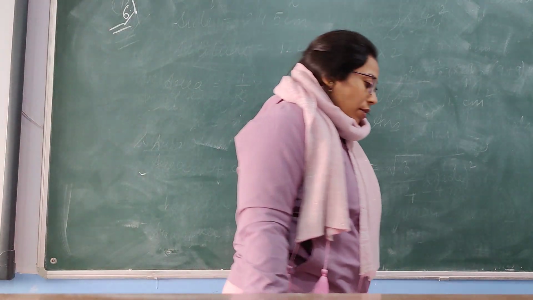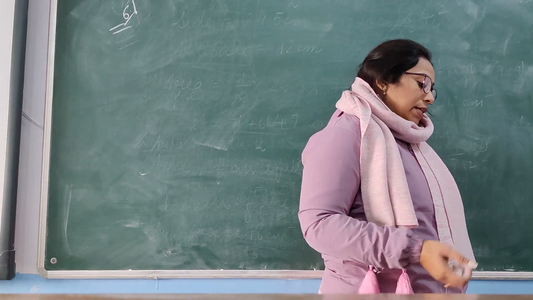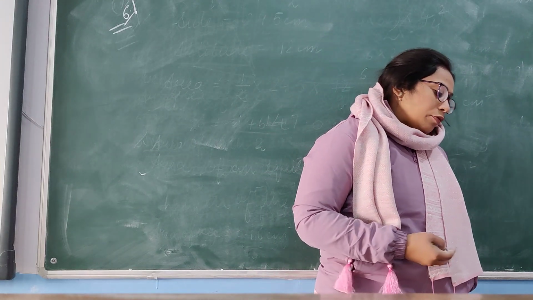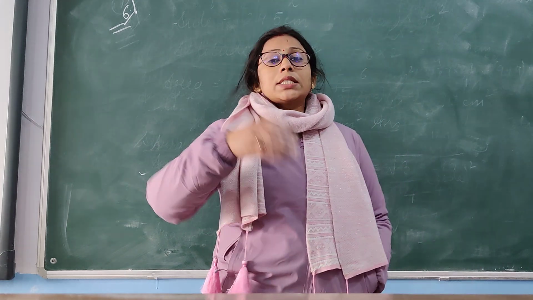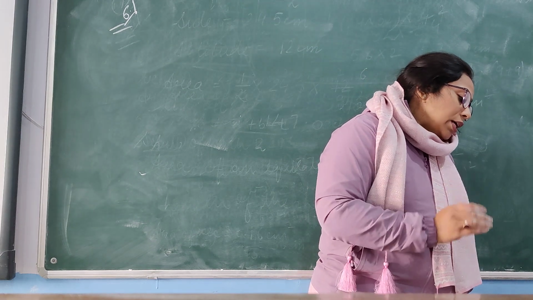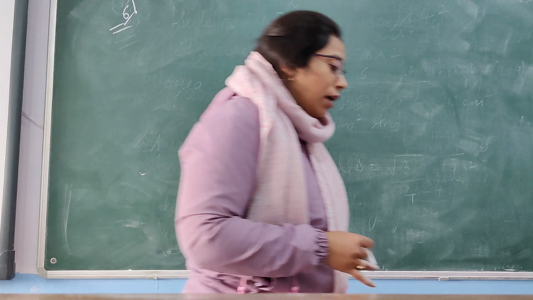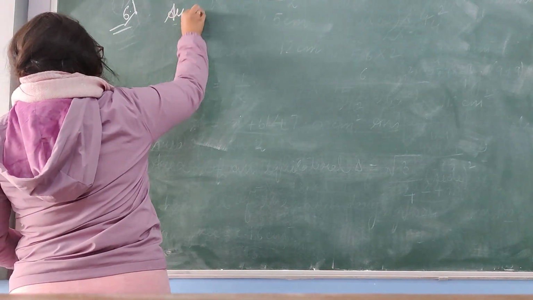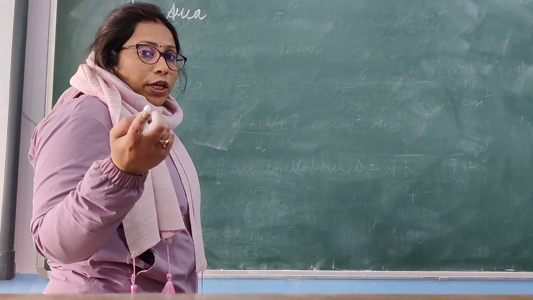Question number 6 says, find the area of a triangle of sides 13 cm, 14 cm and 15 cm. Also find the length of the perpendicular from the vertex opposite the side of length 14 cm. The second part of the question we'll understand later. First, let's find the area of the triangle. The three sides of the triangle are given, so we'll use Hero's formula.